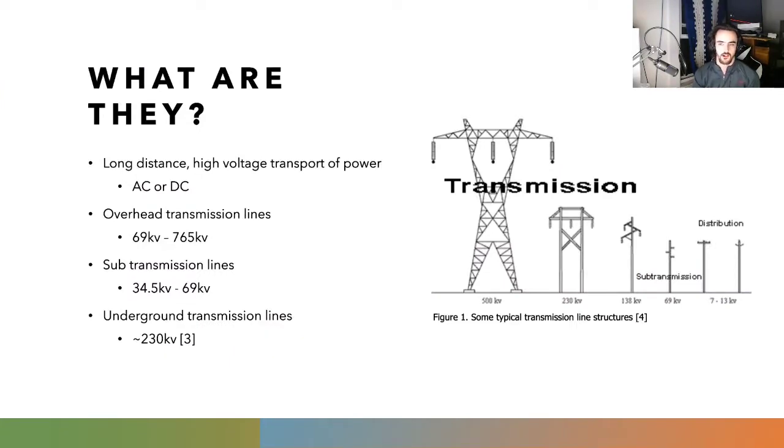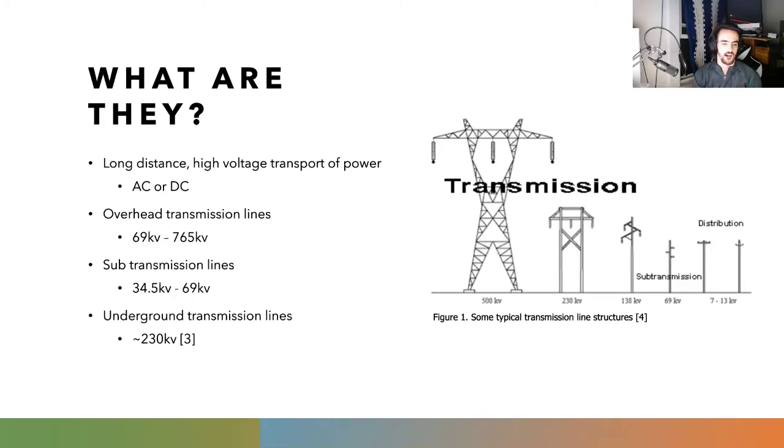So, what are high voltage transmission lines? Well, they are long distance high voltage transportation systems of power. They can be AC or DC, but primarily they are three-phase AC. There are three distinct types: overhead transmission lines, which have voltages of around 69 to 765 kilovolts, sometimes higher, but